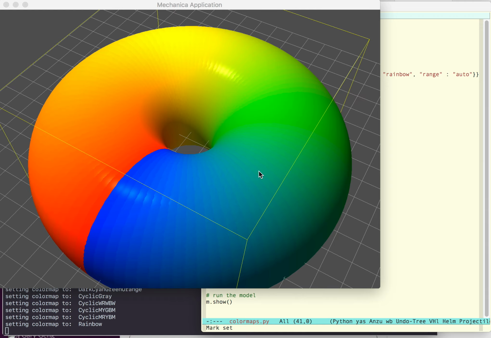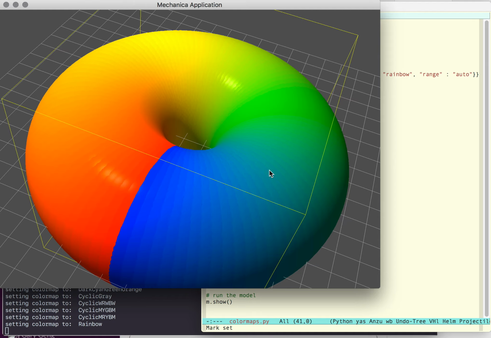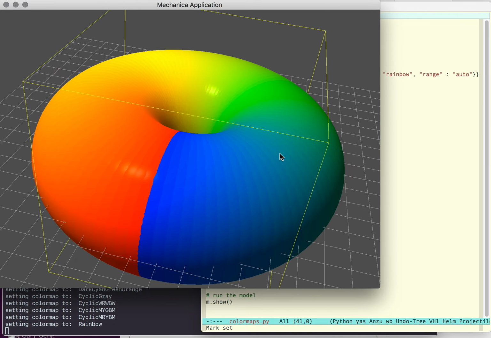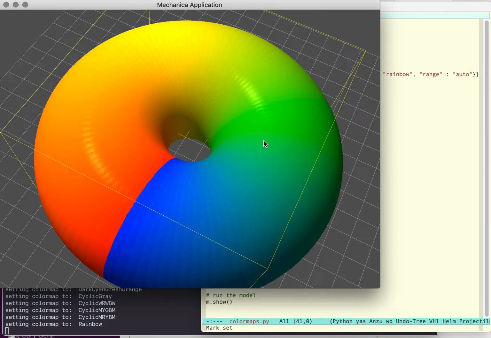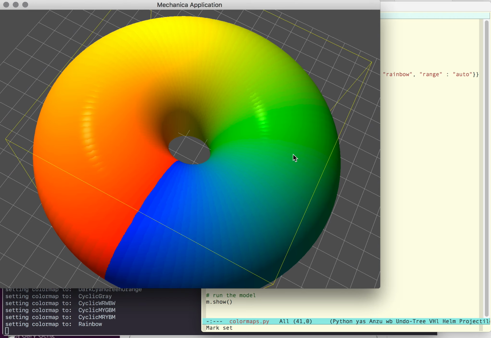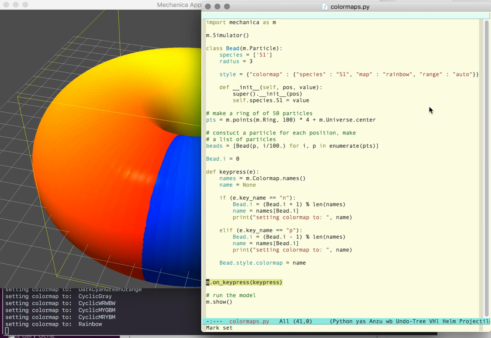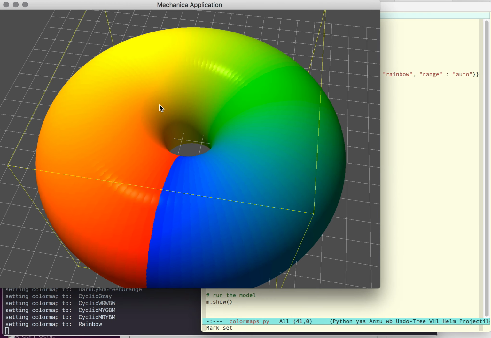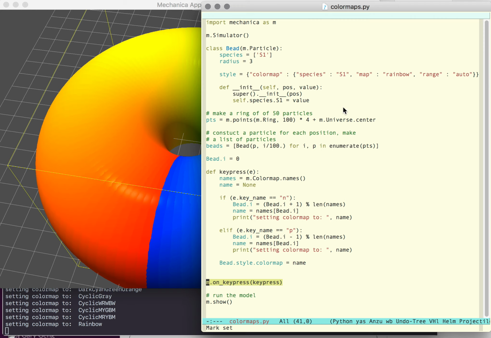So here's a quick little demo of using the new chemical species and color map system in Mechanica. One of the things that I just got working is that user code can now listen for keypress events. So the model code here to make this torus is about 7 or 8 lines of Python,